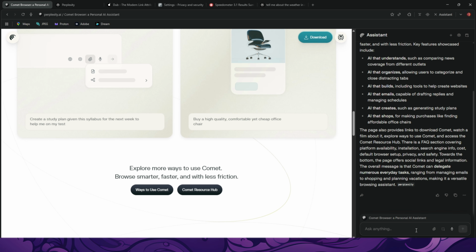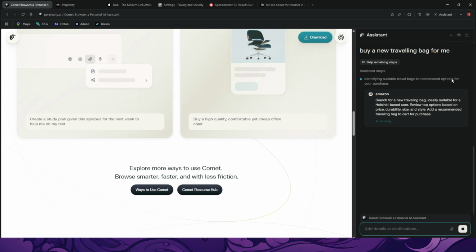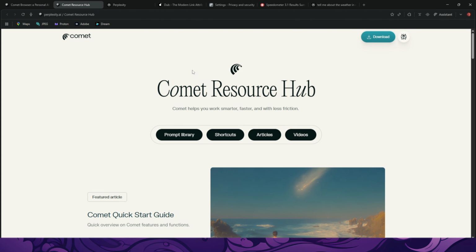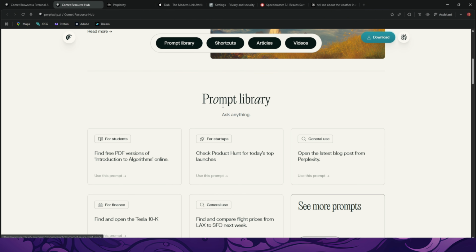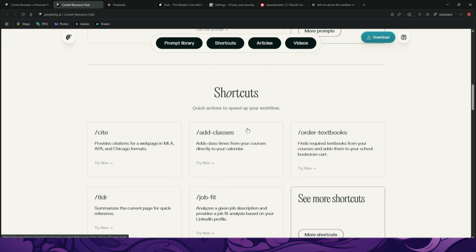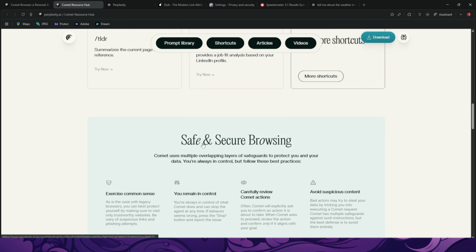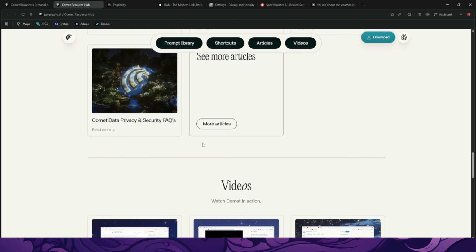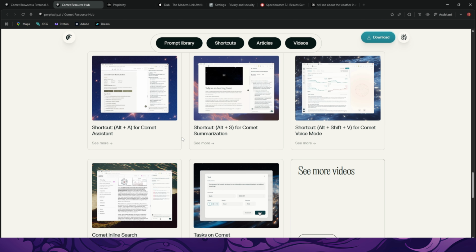Let's also try lastly, buy a new traveling bag for me. Let's see if the assistant can do that. Okay, it's bringing up Amazon. And there's probably also a page here with different things you can look into in terms of prompting for students, finance, general use, job fit. There's some basic stuff here which might be useful depending on your niche and use case. But all things considered, there's not really a lot of reasons to use Chrome over Comet, I guess,